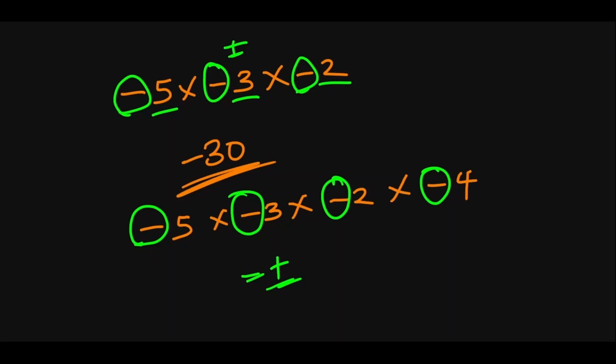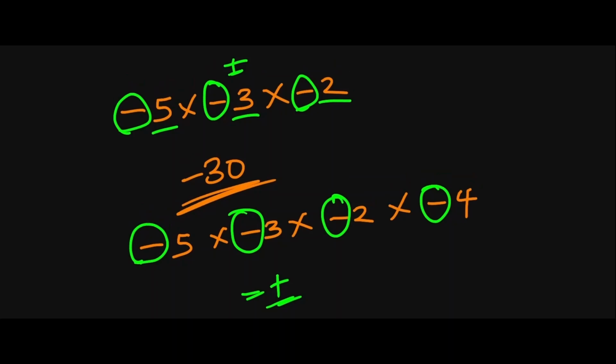Or if you want to look at it in another way, once the total number of negative numbers in that expression is odd, then the final answer will be minus. But I don't recommend using that approach. Just multiply the negatives or the minuses as you see them to know what the final answer would be. So just for you to note that, because you need this basic arithmetic knowledge in order to be able to continue your simplification process in algebra.